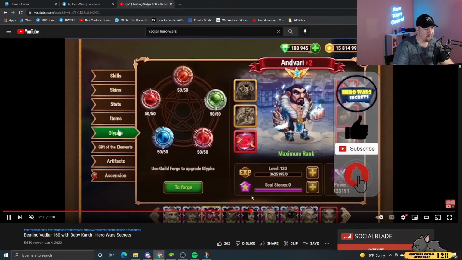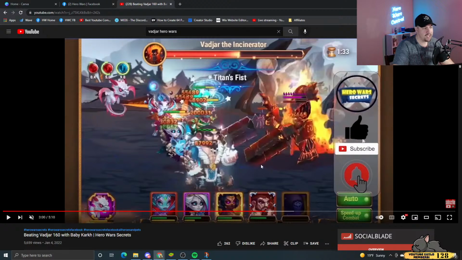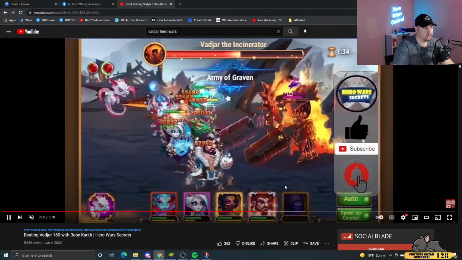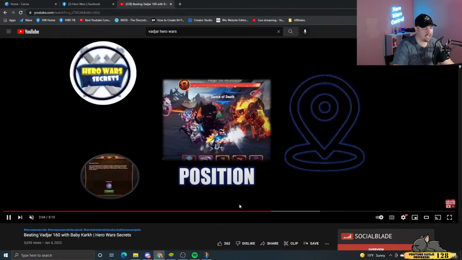He used Anvari. So this was the lineup that he used: Rufus, Anvari, Yasmin, Morrigan, Nebula. Right? And this was what he was trying to do, and he couldn't get it to work. So then he switched over to... Oh, wait, that's not what it was. Maybe this was the one. So even though his Kark died, he was able to blind...